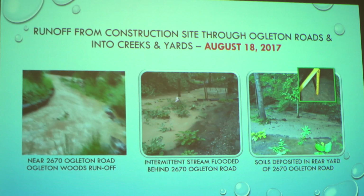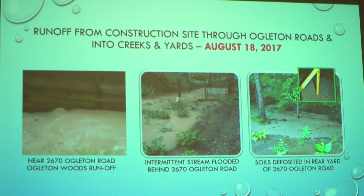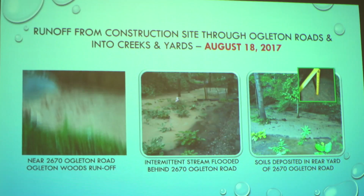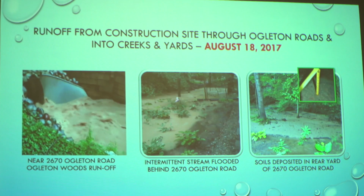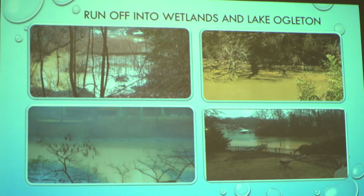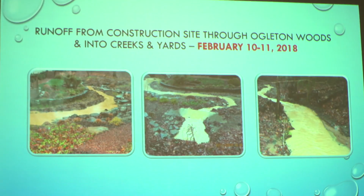Anastasia, you said that the builder did conform to what the state asked him to do. In spite of that, that's correct. So what you saw in the video earlier, it's all flowing from that site down through